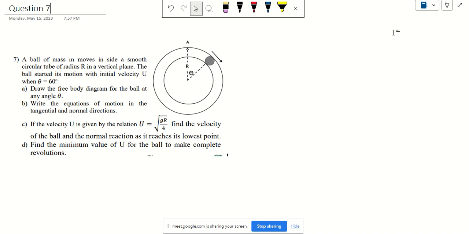Draw the free body diagram in terms of theta. Write the equation of motion in the tangential and normal direction. If the velocity u is in the acceleration, let's move from A and B and then see what he needs for C and D. Okay, the first one, basically what we do in any problem, is to draw the